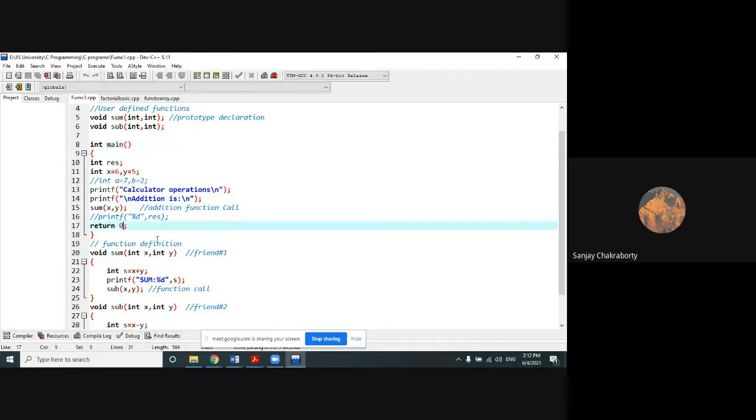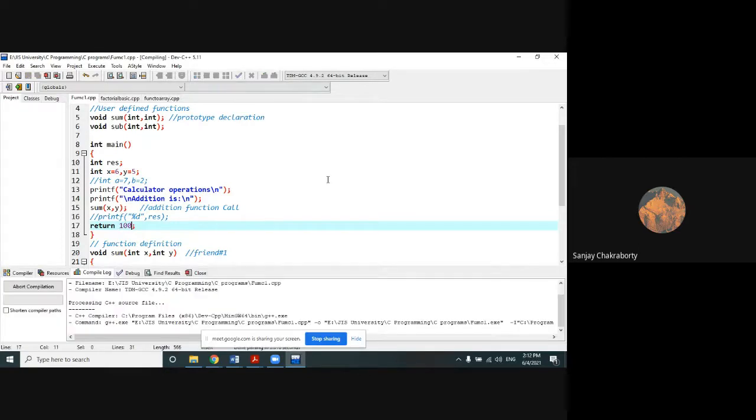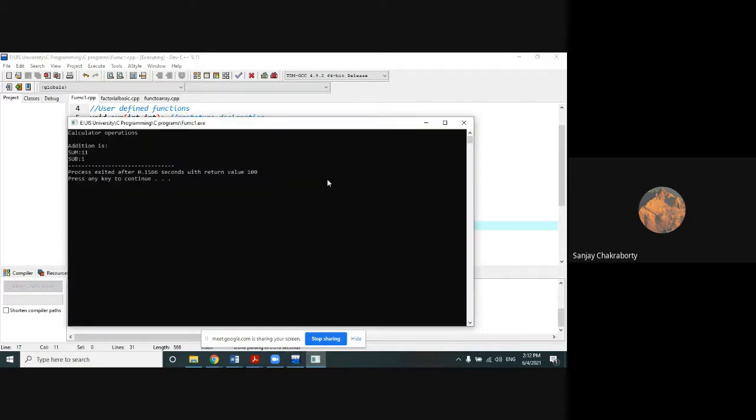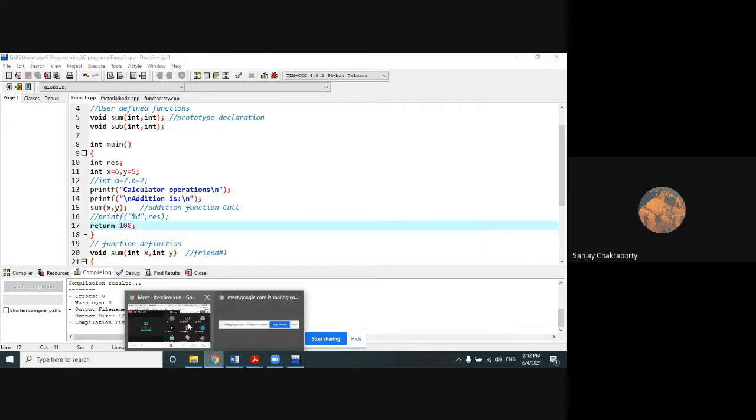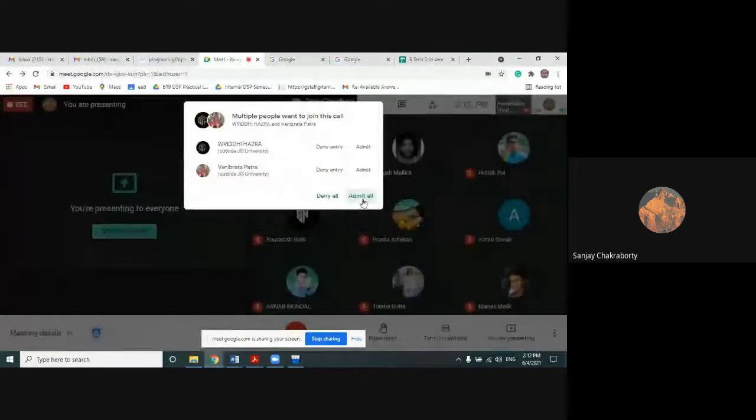So it may be return 0, return 1, return 2, return 5, any value, even 100 as well. This function will run successfully, so there is no question of the return value here.